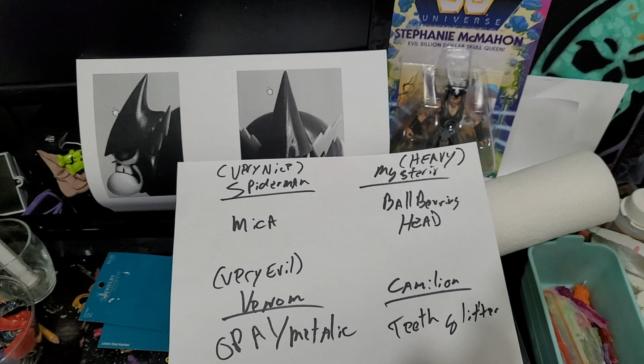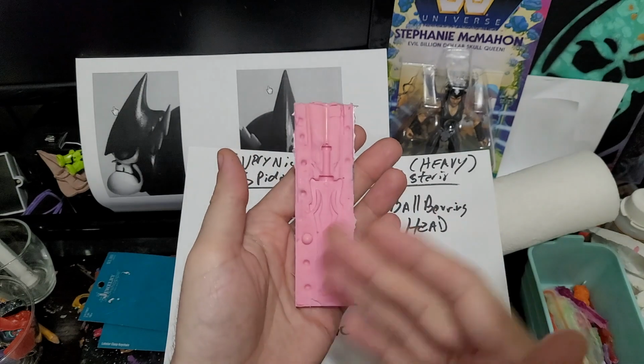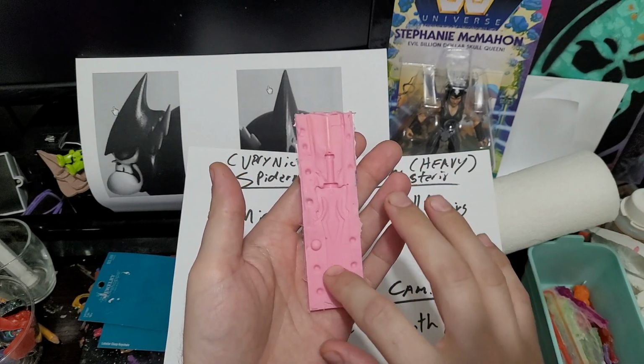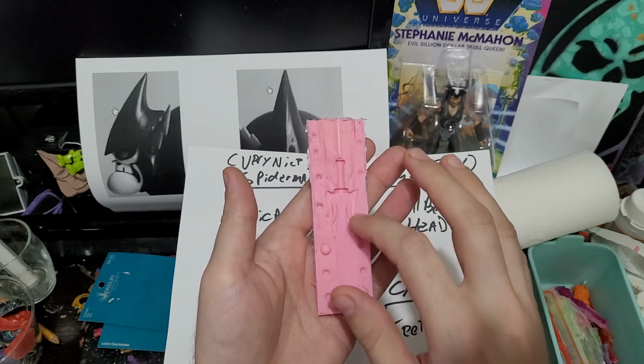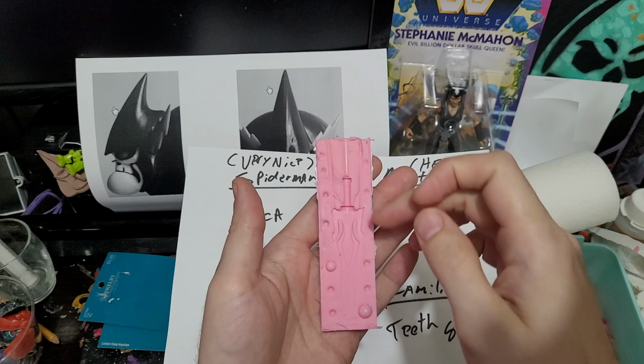We call that more or less heavy. The ball bearings I thought would be really interesting to try. And I have an idea. Because the mold, if we imagine the mold will be something like this, it's going to be an open face mold. It's not going to be a two-part. But as an example, if we wanted to fill up this part of the sword with one thing and then the rest with something else, normally that's really hard to do without getting the material to